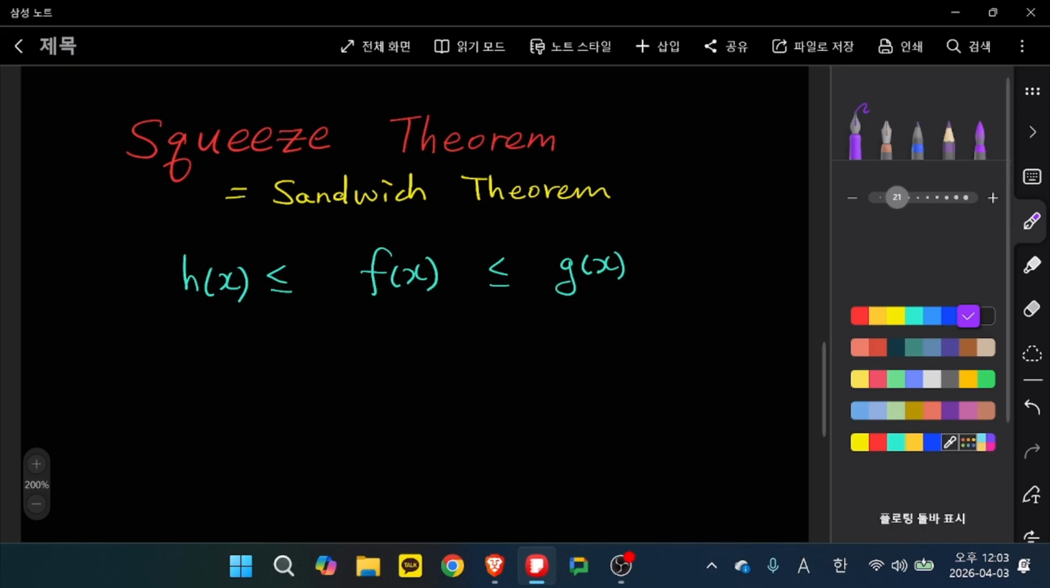Suppose we have three functions. f(x) is greater than or equal to h(x) and less than or equal to g(x). If we take the limit of each function as x approaches some value, say a,